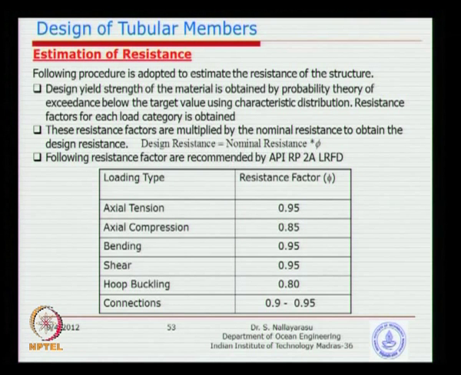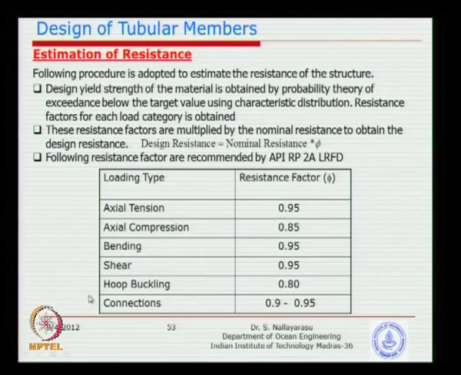Similarly, estimation of resistance, we have the design resistance equal to nominal resistance, calculated as nominal multiplied by a resistance factor, which is to be calculated based on the variation of the resistance parameter. In this resistance parameter, you can have your yield strength, you can have your fabrication tolerances, you can have other parameters included in here. For this particular case, only for yield strength, the factors given by API, I have just taken from API RP2A LRFD method. You could see that for different loading patterns like tension, compression, bending, each one carries a slightly different factor.